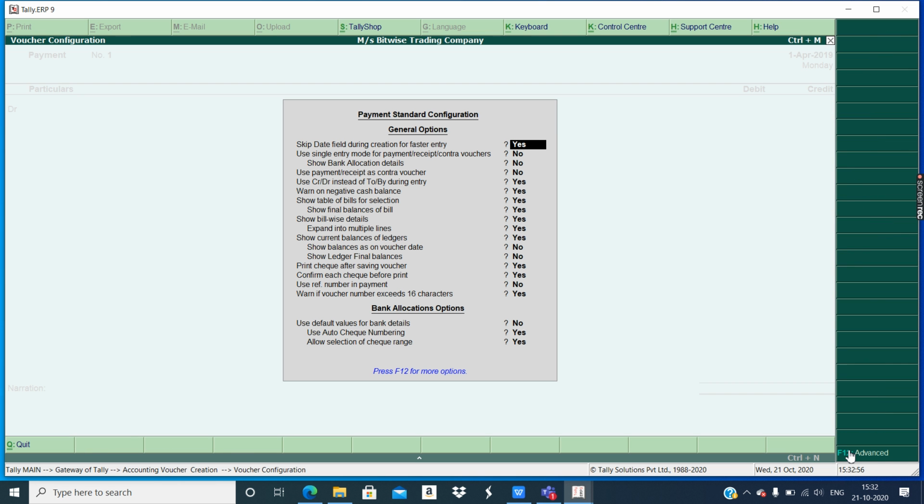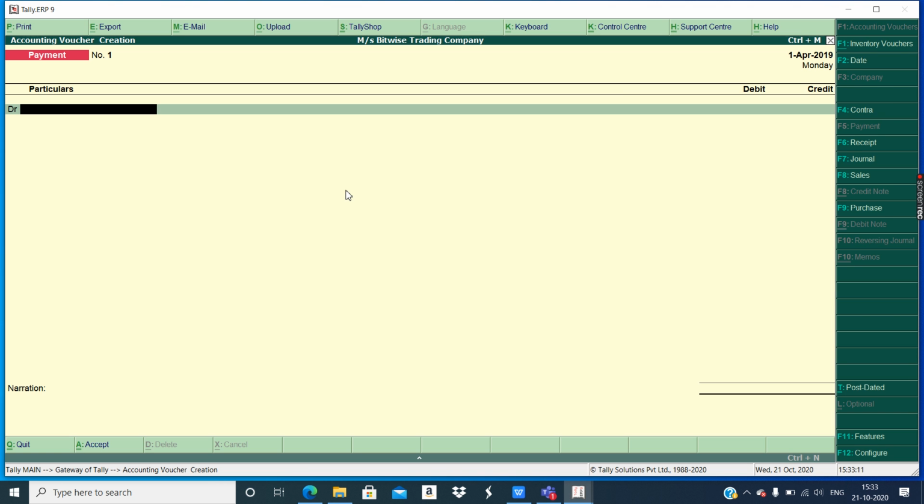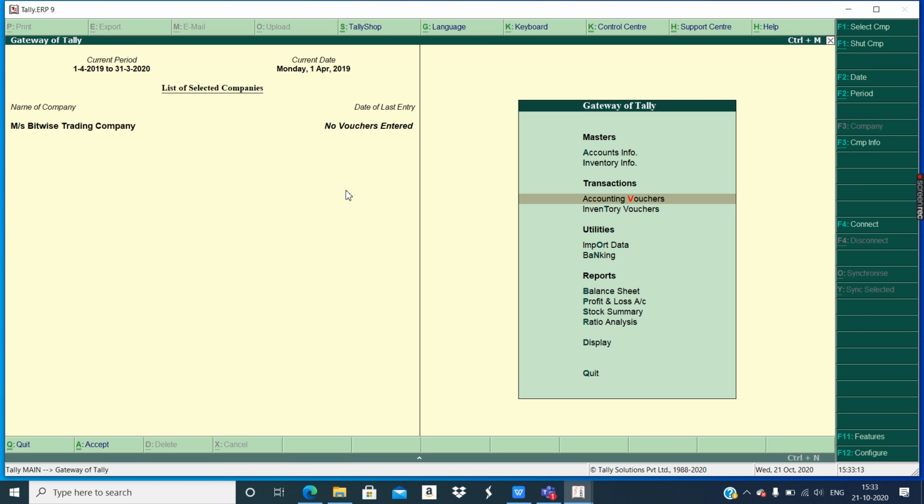Okay. So here it says skip date. No, no, we are not going to skip date. Okay, let me go back. I'm quitting this screen and again I'm going to configuration.